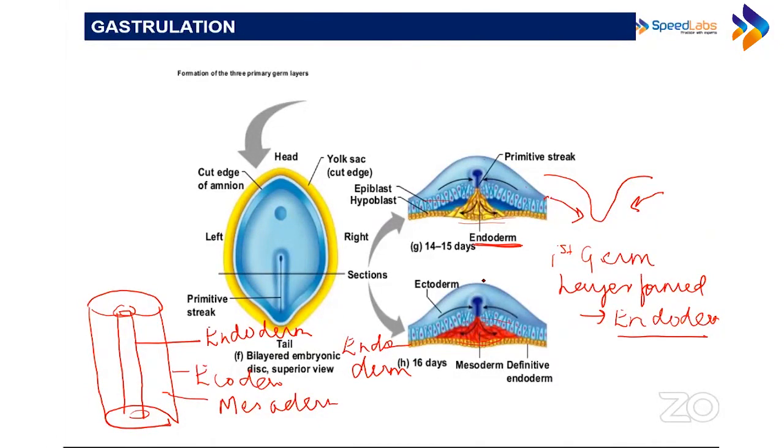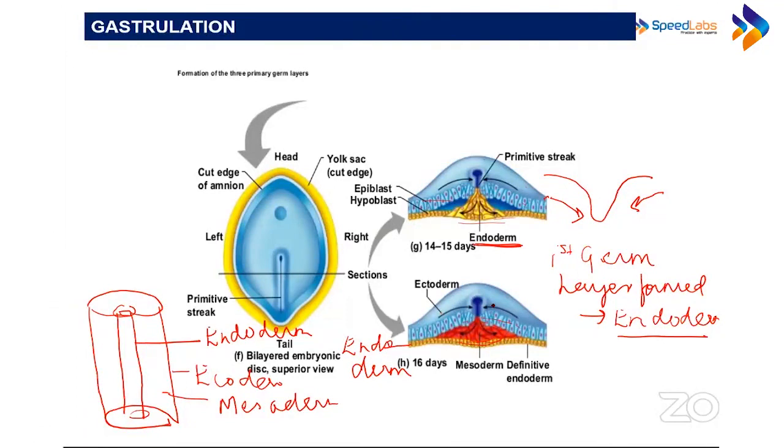What happens in the primitive streak? Primitive streak जो है ना, imagine karo that has the mouth and the anus that develops into the entire digestive system. There are some cells that get separated from the lower part of the epiblast. They form the endoderm. Some of them get collected in between. They are called the mesoderm, and whatever is left is the ectoderm.